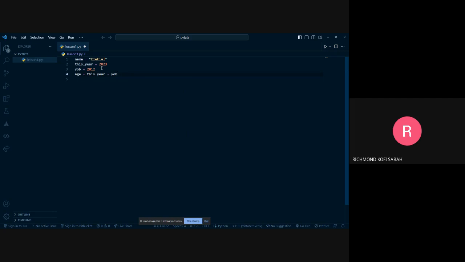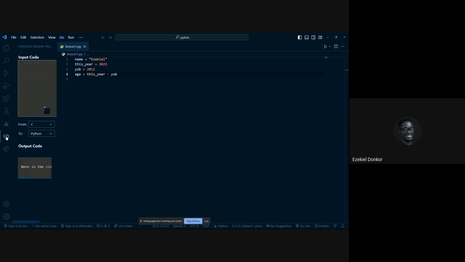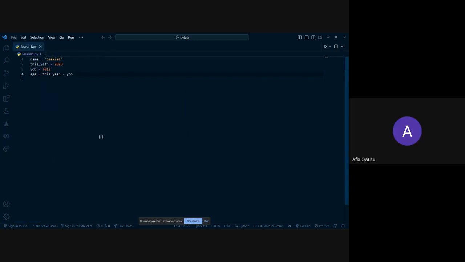I like the way the suggestions keep popping up. It's also an extension, and I need to turn that off. I don't like it when people use suggestions because if you don't know what you're doing, you could write the very wrong thing. So if you are learning fresh, I wouldn't advise that you use those suggestions.